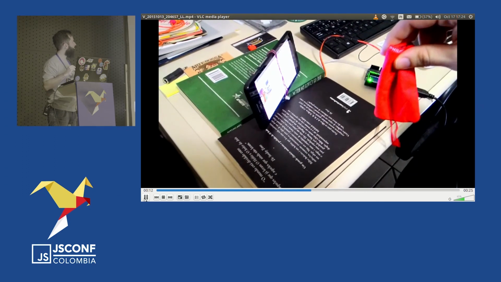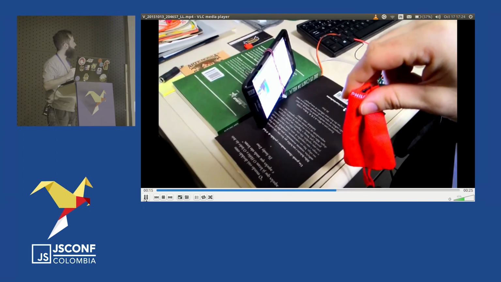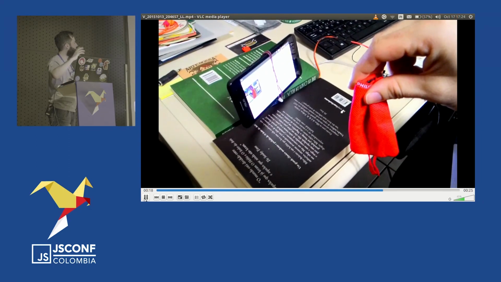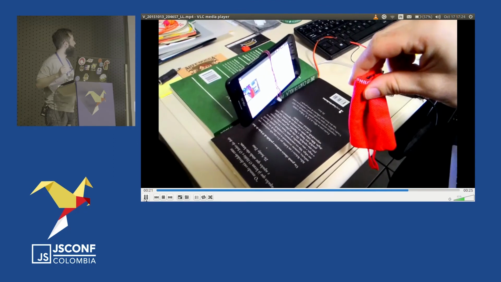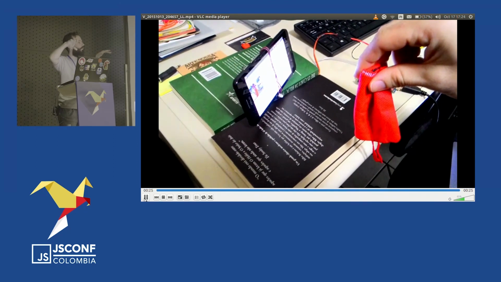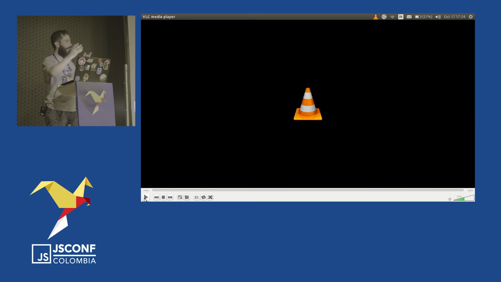Yeah, this is very useful if you are trying to, you know, things. But it can be used as a robot, a camera, and you can control it remotely, things like that.